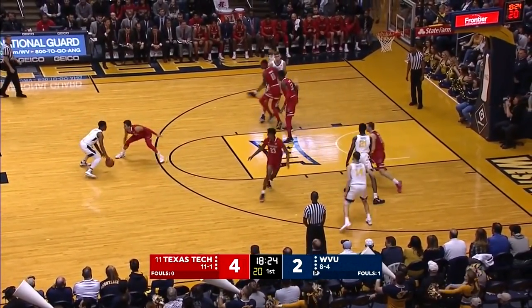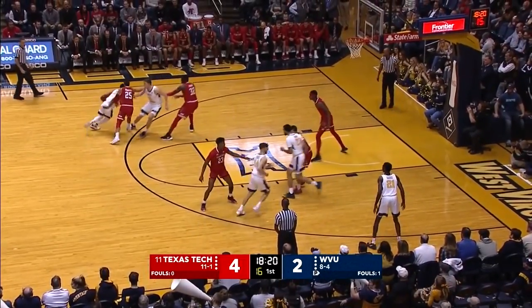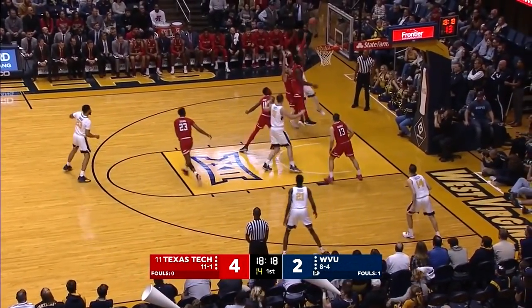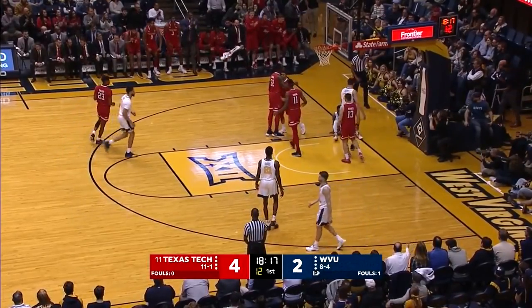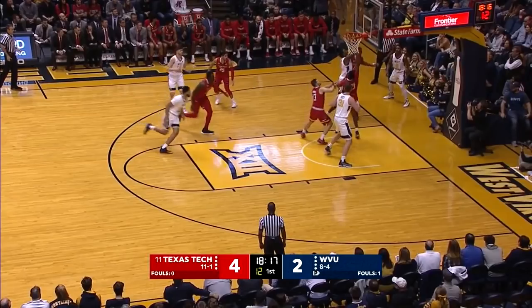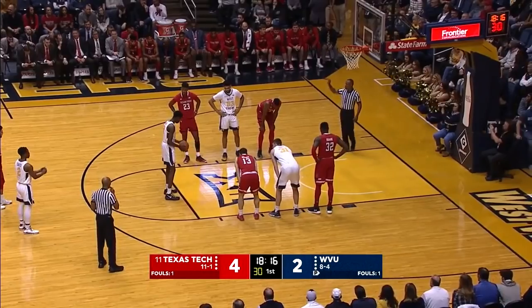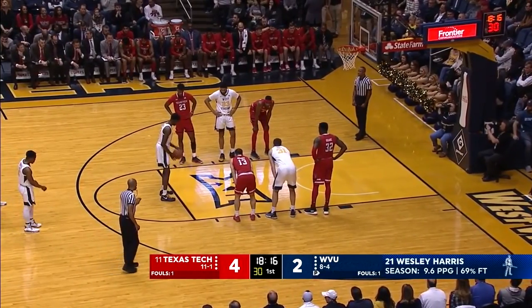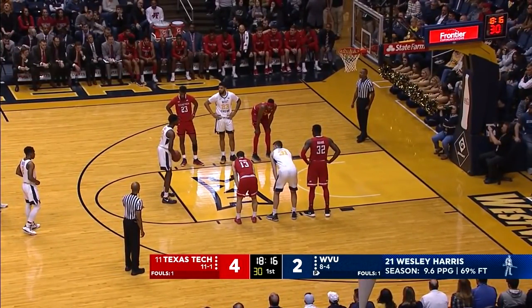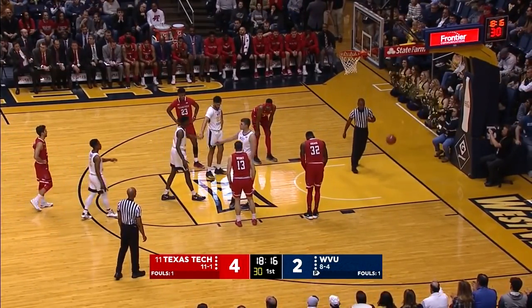So here's Brandon Napper working the point. That has been a sore spot for West Virginia this year. Of course, they lost Javon Carter. Well, it's blocked out of bounds by Lawrence Odiase. They work it inside on the inbound to Wesley Harris. To the rim, gets to the free throw line. And you mentioned it, Clay, Javon Carter. Listen, nobody was going to replace him right out of the gate, but they need somebody to step up and